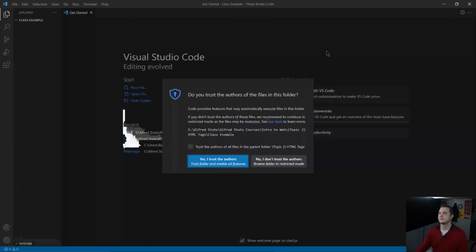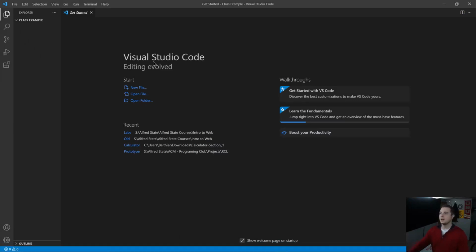Right here. I'm going to full screen this. Okay. And now I have the entire folder here, so I don't necessarily have to go back to File Explorer to make new files. So I'm going to come up here, create a new file, and I'm going to call this index